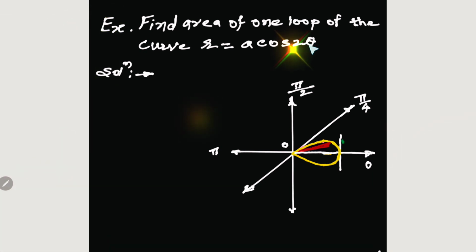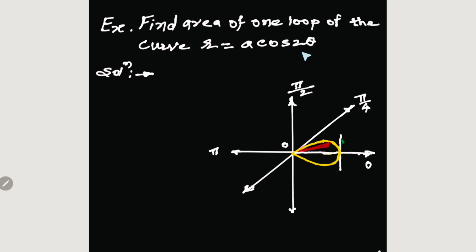The first step is we have to draw the curve. It is not the problem of curve tracing, but we require that figure here. The symmetry of that curve is about the initial line. As theta is replaced by minus theta, there is no change in the curve. Therefore, it is symmetrical about this initial line. Theta is equal to 0 degree. Then